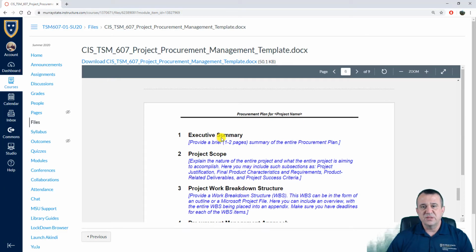Look, this is what an executive summary is. It's a brief one to two pages summary of the entire plan. So don't treat it as an introduction. Don't give me some background info on your organization, on your project. Just tell me what the report contains. Give a brief yet meaningful summary. By that I mean don't write a lot, but at the same time every word, every sentence, every paragraph has to be very specific. It has to contain enough specific details in order for me to understand exactly what your